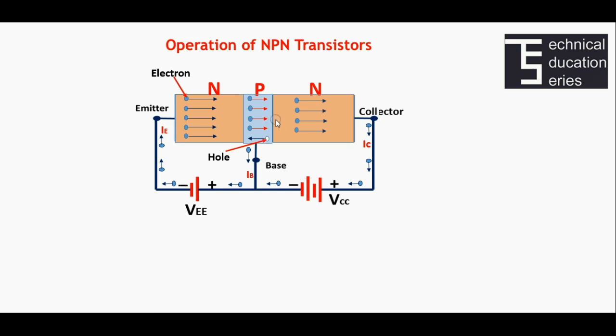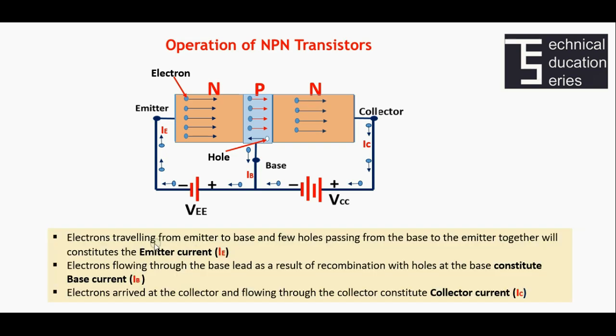With respect to p-type base, the electrons from the emitter are being treated as minority carriers. These minority carriers can very simply pass through the collector junction since it is reverse biased, so that the rest of the electrons from the emitter will cross the collector junction and pass through the collector lead to constitute the collector current IC. So we conclude the operation of NPN transistor as electrons traveling from emitter to base and